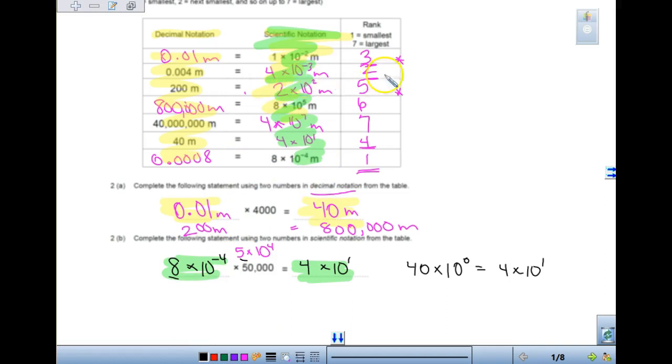The other one is this one, number 2. So in this case, we were using the 2 smallest ones. Please write down on your paper, 4 times 10 to the negative 3. And again, I want you to think, what is 4 times 5? 4 times 5 is 20. If I have 10 to the negative 3 and 10 to the 4th, that's going to give me 10 to the